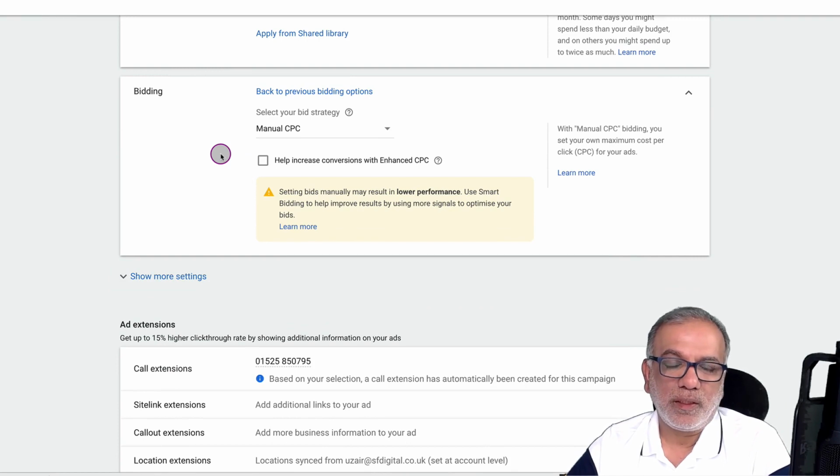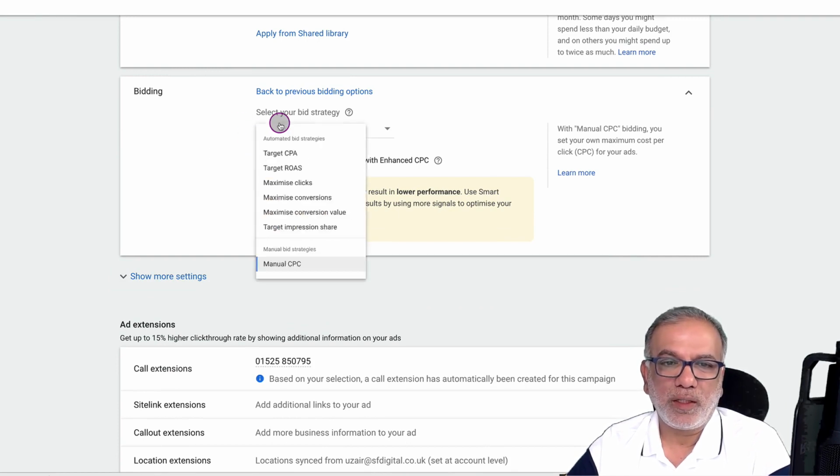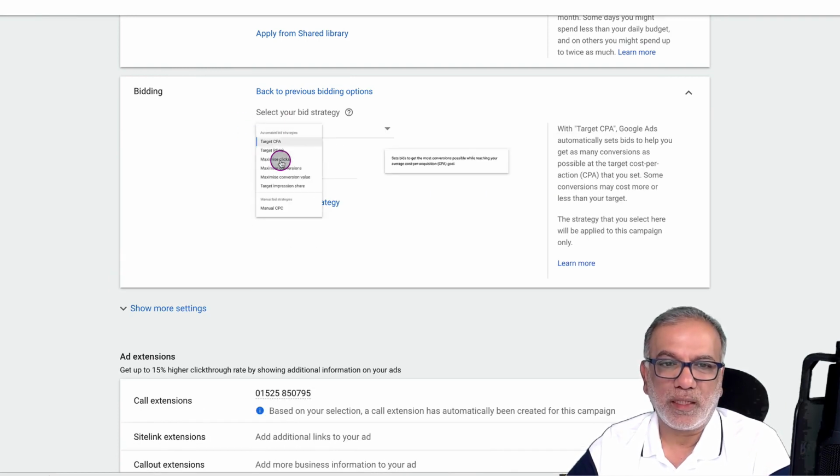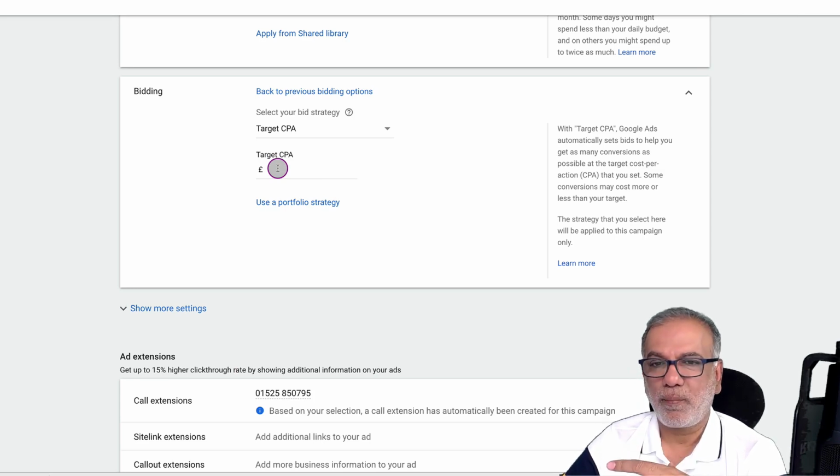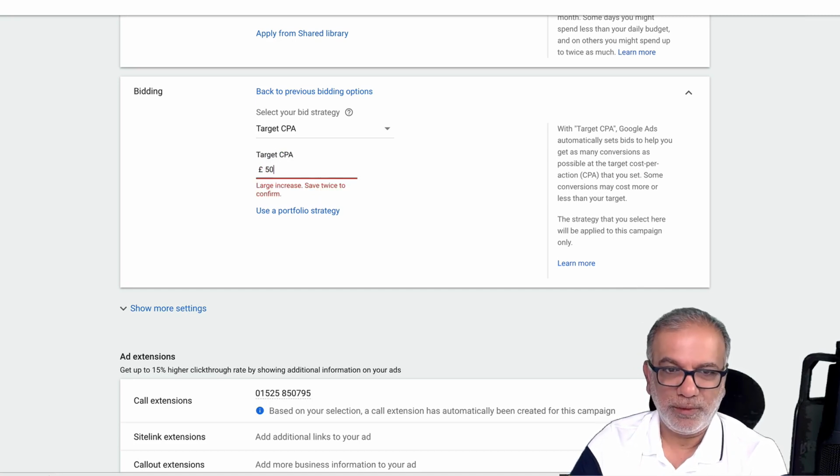Google reps and people at Google will say you can enter your target CPA from the word go, i.e. when you're setting up. I find that it's very frustrating because we don't know the target CPA and how much it should be and what budget needs to be. So let's say if my target CPA is £50,